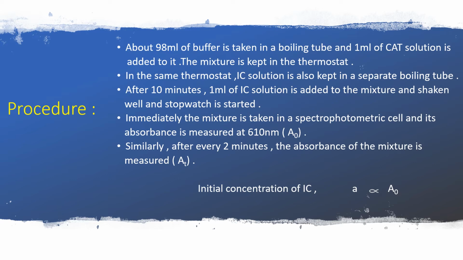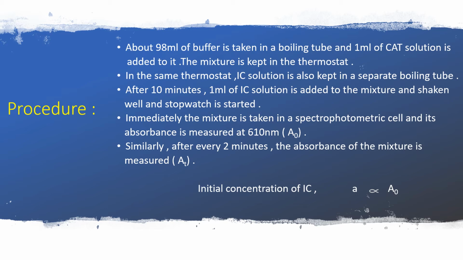Now you take another boiling tube and add IC solution to it, and again you keep that boiling tube in the thermostat. After 10 minutes, the 1 ml of IC solution in the boiling tube is added to the mixture, that is the buffer and chloramine T mixture, and you are shaking that,